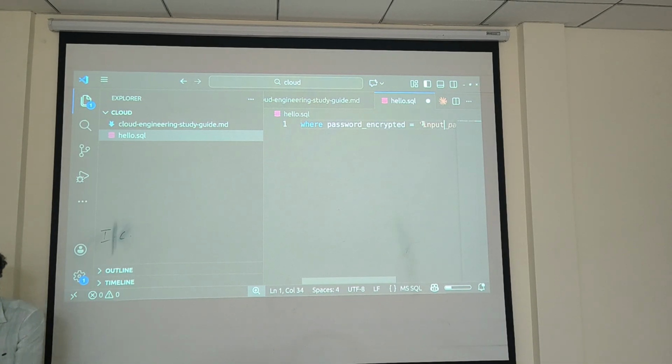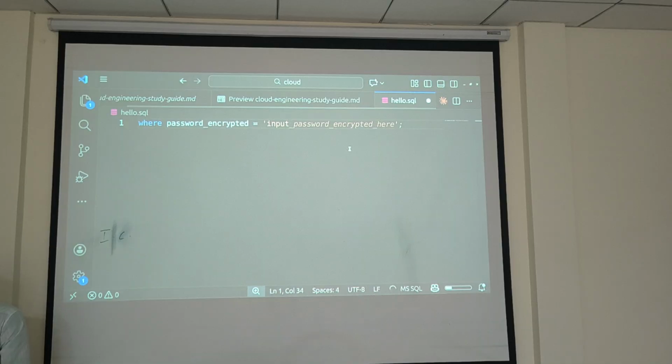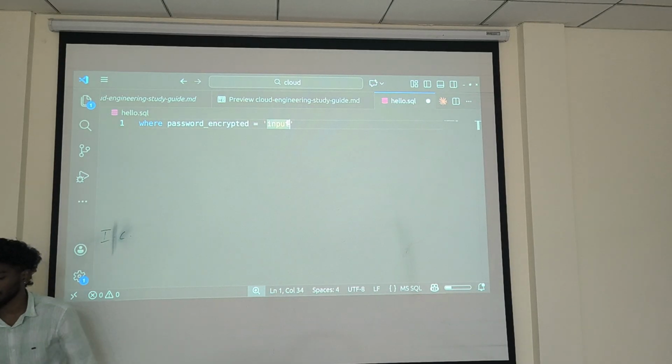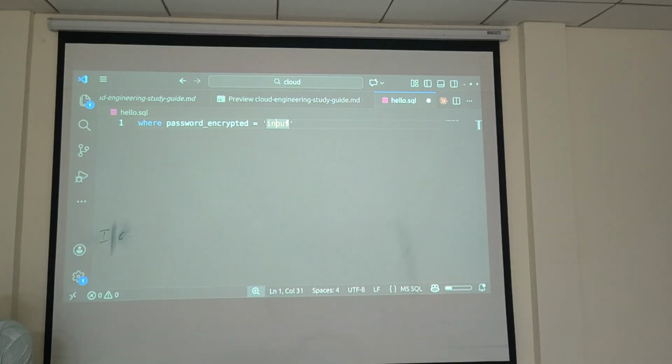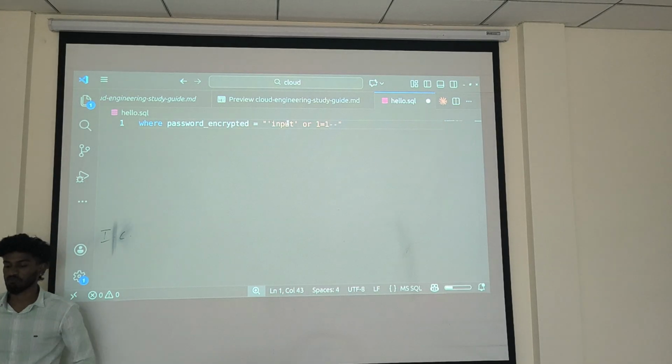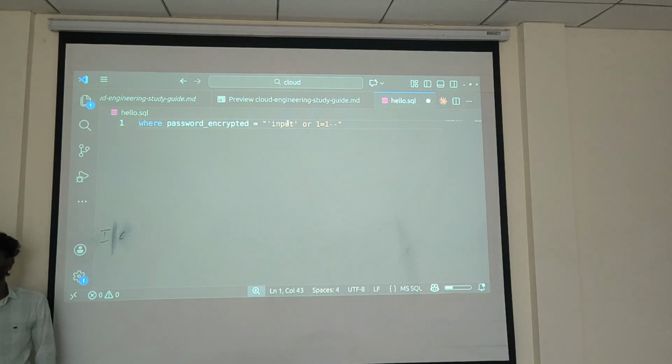So now you want to become the hacker. For a simple example, what will a hacker majorly do? They will give input like this. This is one of the SQL injections, it's not that much of a hacking thing. If I did that, what will happen? This condition will be true or false?